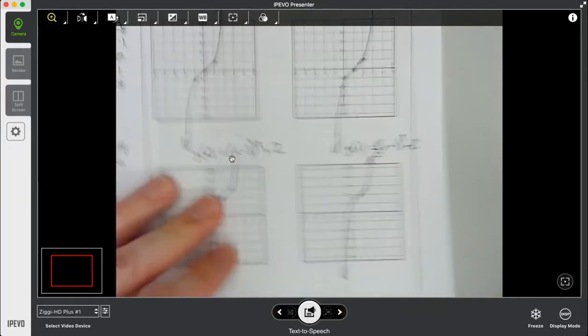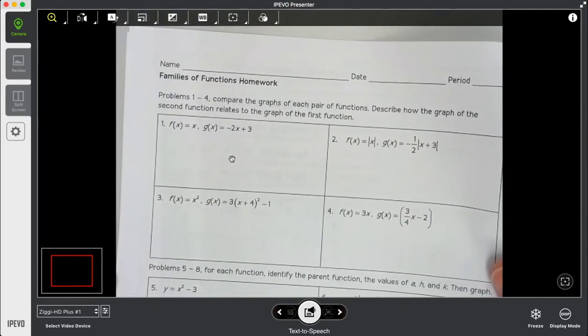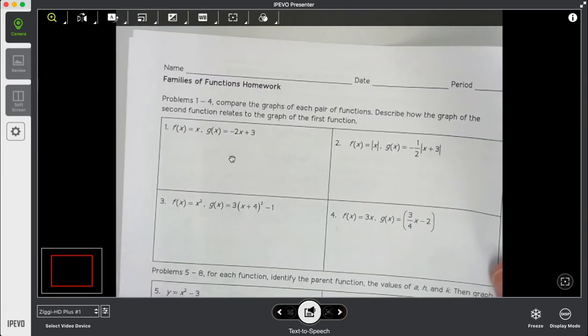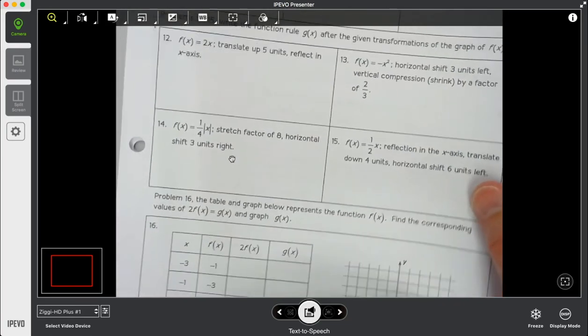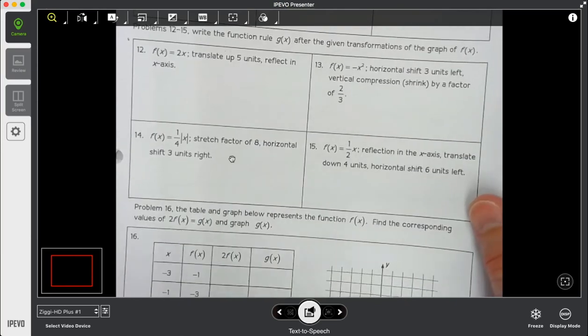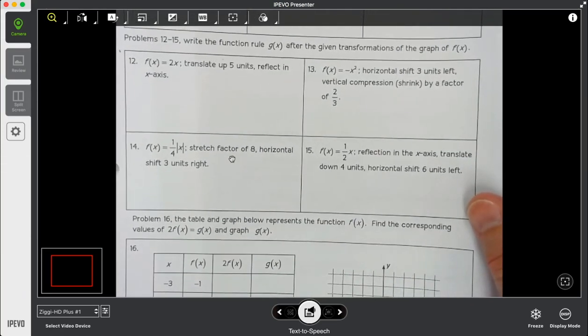So flip the page over one more time. You've got your functions of families homework. You're going to work through all 8 on that page and all 8 on the next page. You can feel free to work with a classmate and make sure to ask